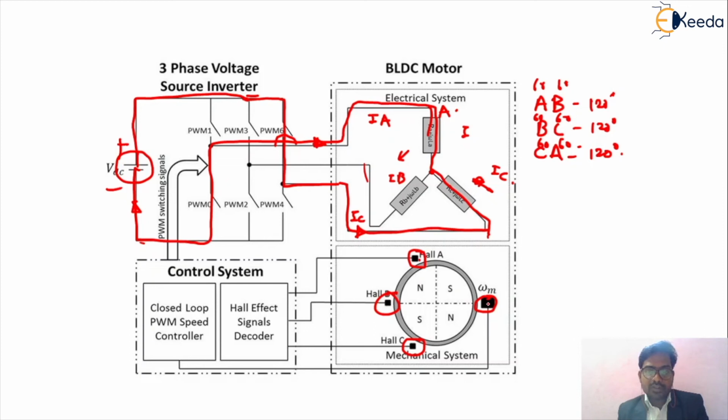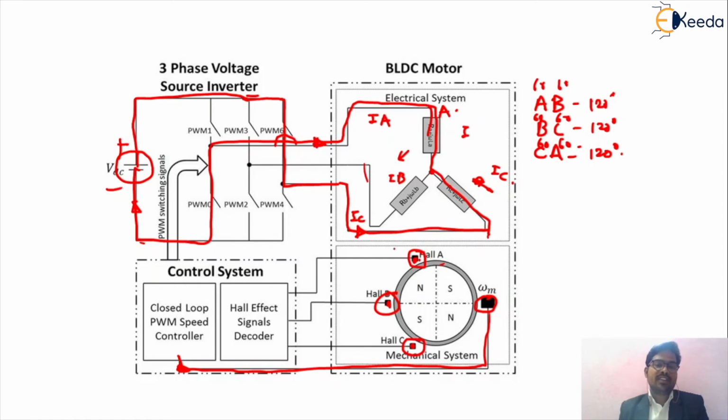According to that speed sensor, we are giving the reference speed to the closed loop PWM speed controller, as we already saw in the closed loop speed control diagram previously. It tells what the speed of the motor should be, and the Hall effect sensor gives the rotor position of the BLDC motor, because BLDC motors are preferred for position control of your system. So these are very important parts of your system.